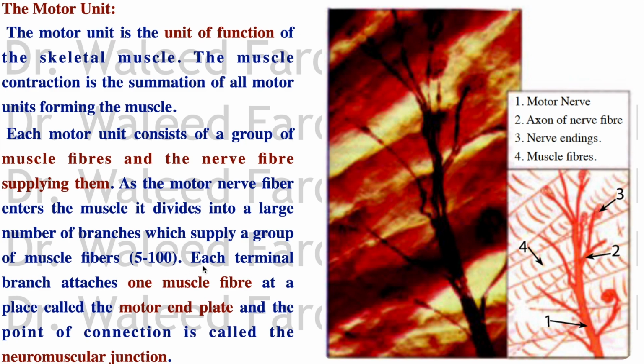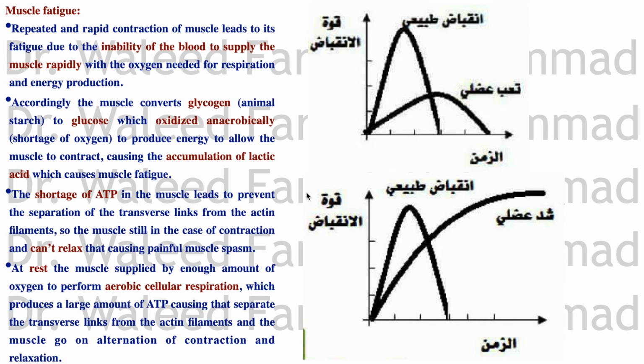And each terminal branch of the nerve has one muscle fiber attached to it by means of the motor endoplate, and we studied the motor endoplate in the last lecture اللي هي المكان اللي فيه synaptic cleft. Okay? This is called the neuromuscular junction, and as you can see here, this is the nerve. These are the nerve fibers, synapsing on the muscle fibers of the muscle. Okay? So the motor unit is the functional unit of the skeletal muscle. Okay,